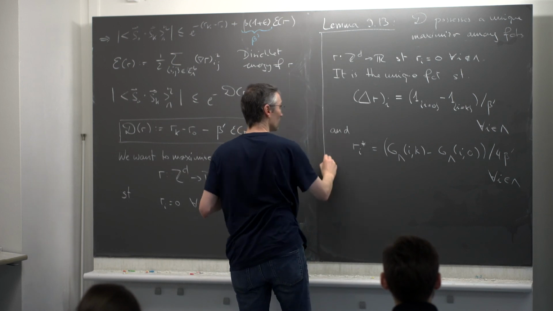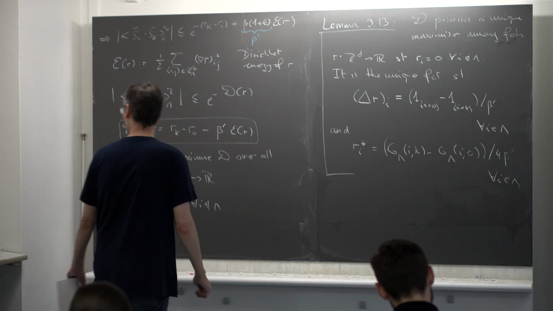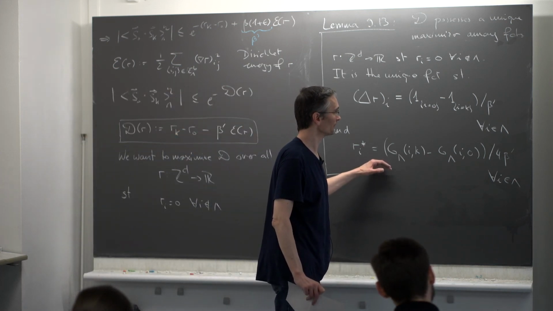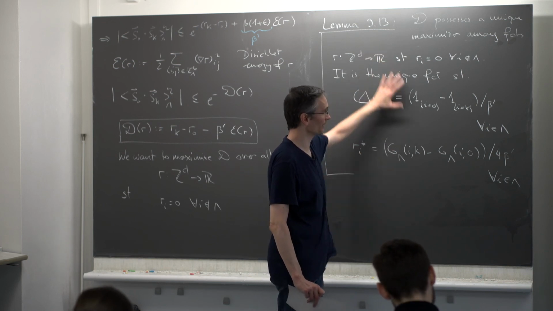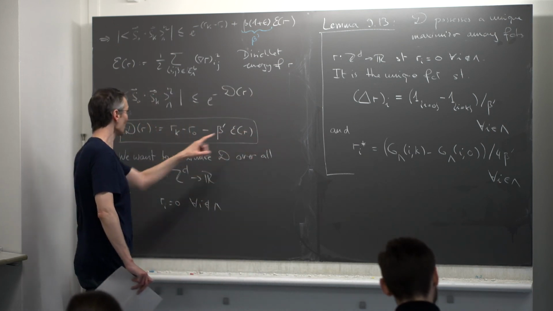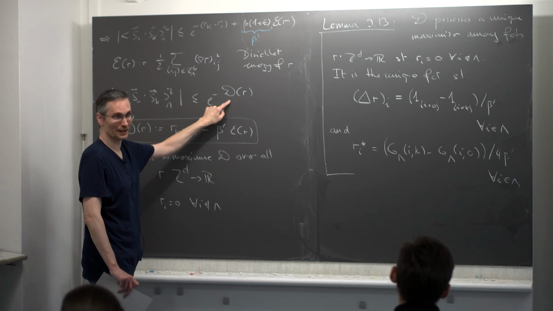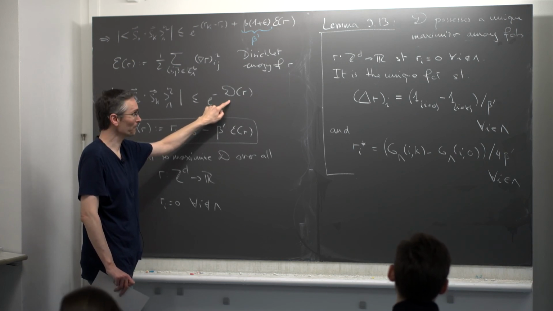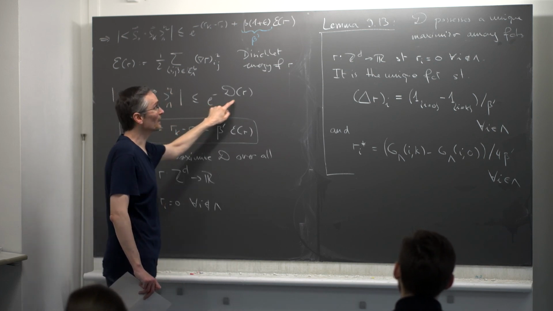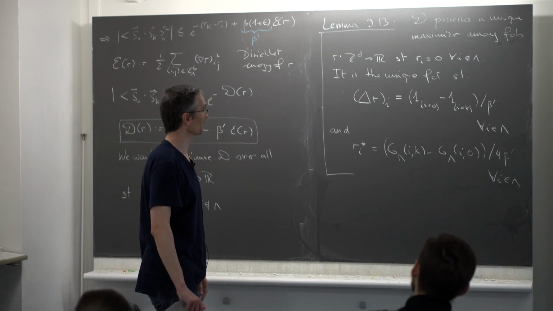So that's the statement. So time is essentially up, so I will not finish now. I will assume this statement next week. I will start by assuming this statement. I will show that if you use that and you inject it in this estimate here, this gives you the decay I claimed in the theorem. We'll see this next week. It will take, I don't know, 5-10 minutes. And then I will prove this lemma, which will take 20 minutes, something like that.